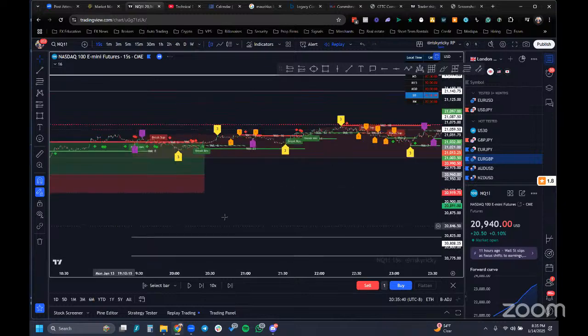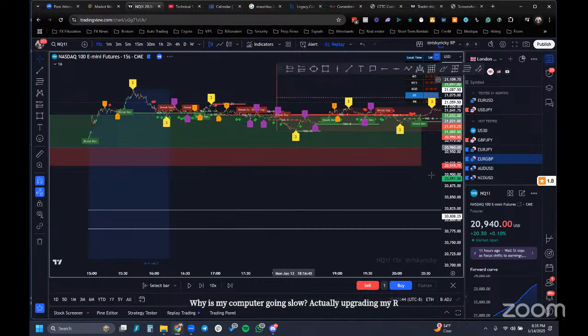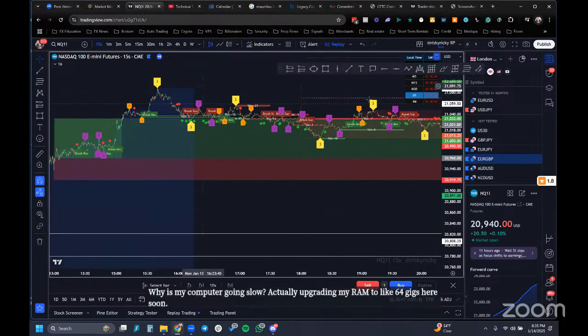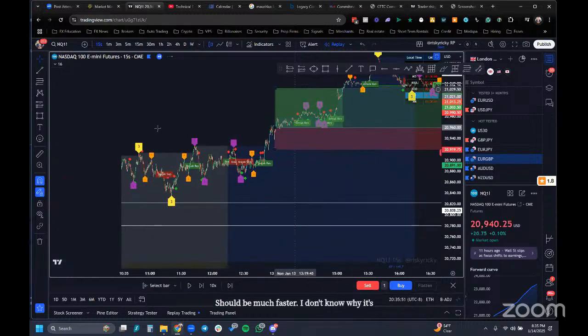Why is my computer going slow? I'm actually upgrading my RAM to like 64 gigs here soon. Should be much faster. I don't know why it's slowing down like that. Might be internet, but